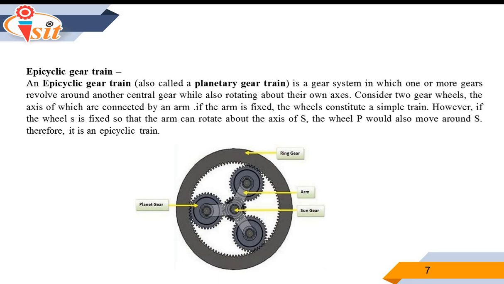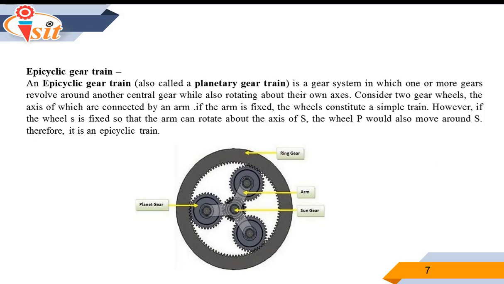This epicyclic gear train offers several advantages. They are extremely compact, capable of transmitting high torque, and provide multiple gear ratios within a small space. Because the load is shared among several planet gears, the system operates smoothly and efficiently. These characteristics make the epicyclic gear train ideal for automatic transmissions in automobiles, hybrid vehicles, robotics, aerospace applications, wind turbines, and industrial machinery. But